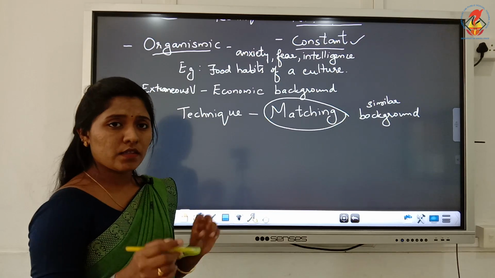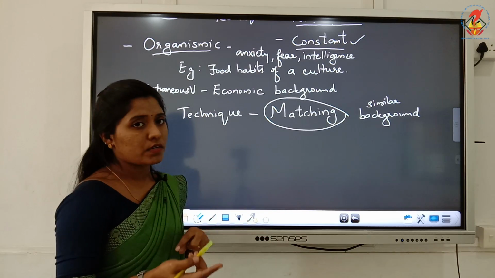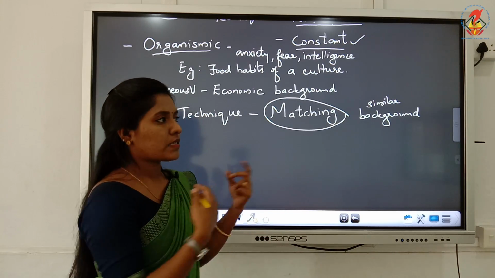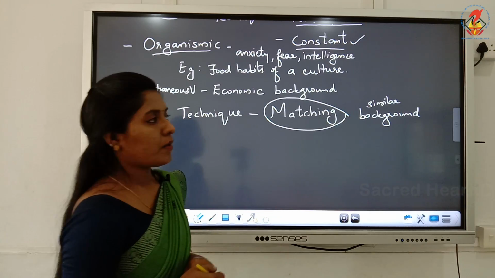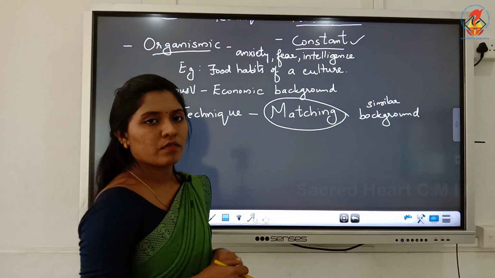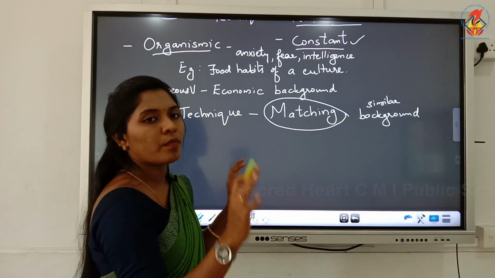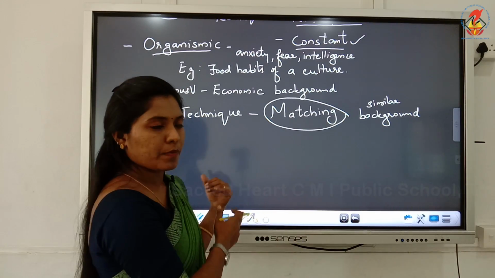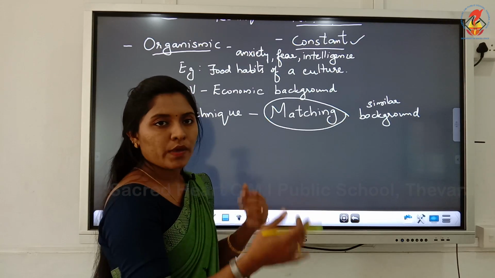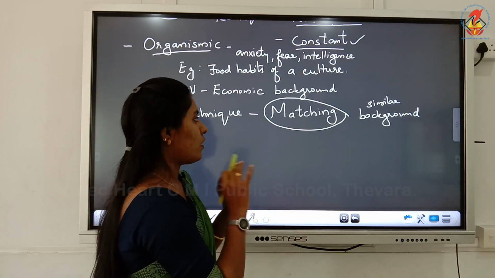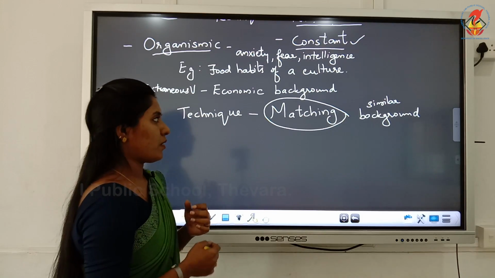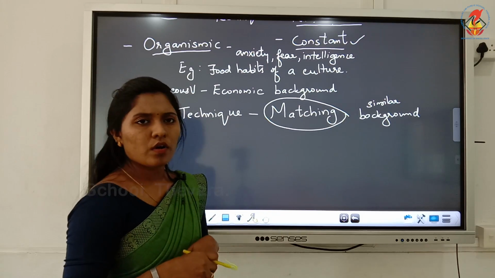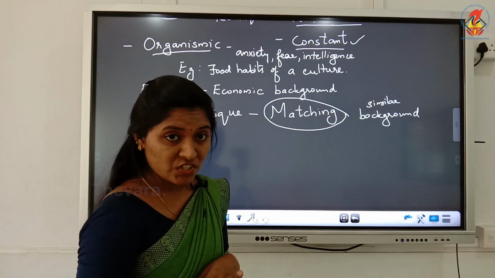So we already learned there are an experimental group and a control group. When we assign participants or divide the groups, we can put participants from a similar background into both groups, the experimental group and the control group. So that is matching. So what are we matching?